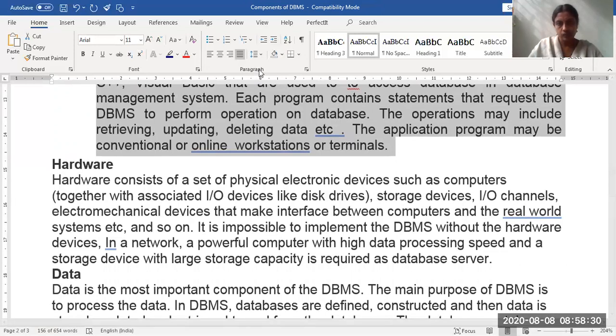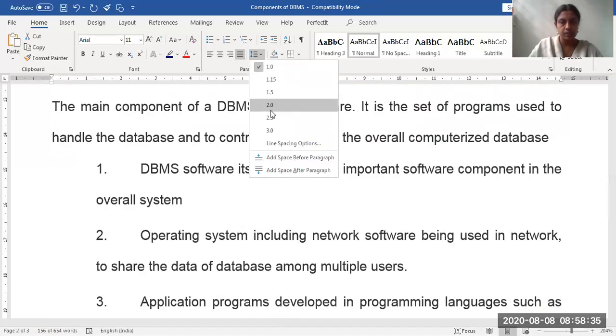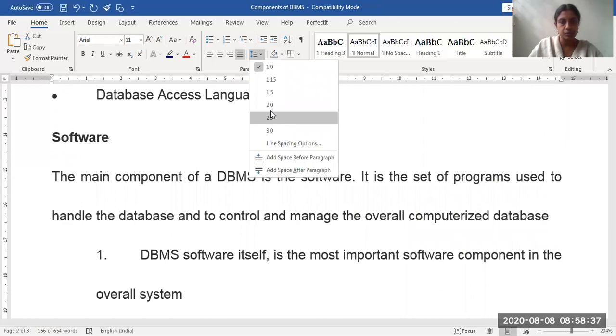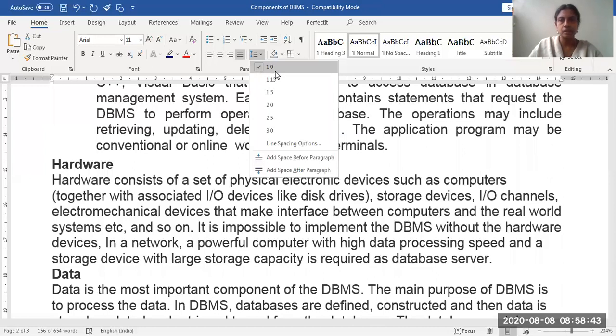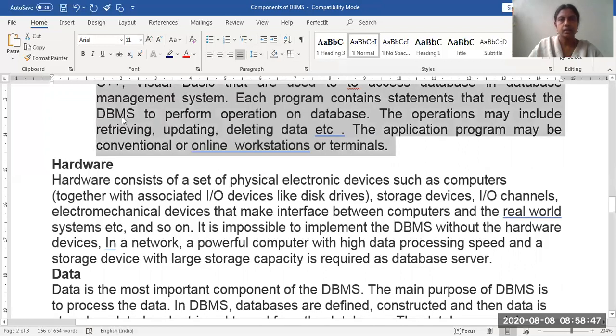Then there is paragraph setting, the line spacing between the paragraphs. Now you can observe the difference in line spacing. When I give 2-point line spacing, there is such a big spacing, and when I make it 1, the line spacing is reduced. This is about line spacing. These are the concepts we saw, and most of you have tried out the exercise very well.